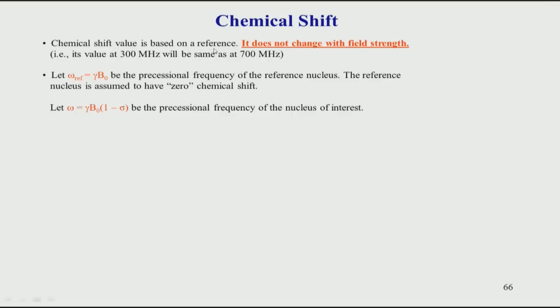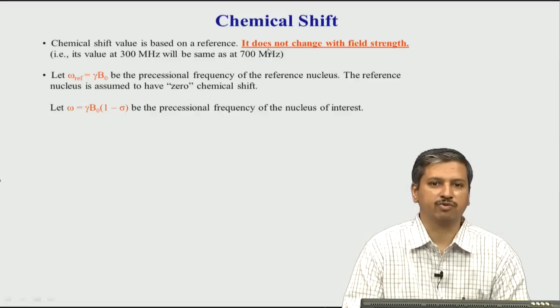The reference is used because if I record an NMR spectrum on some particular spectrometer, let us say a 300 megahertz in my laboratory, and I take the same molecule and go to 700 megahertz in some other laboratory, then I should not get a change in chemical shift. Chemical shift is inherently related to the structure of the molecule, and if the structure cannot change, then chemical shift should also not change. So, to preserve this uniformity of chemical shift, we use a reference, and always